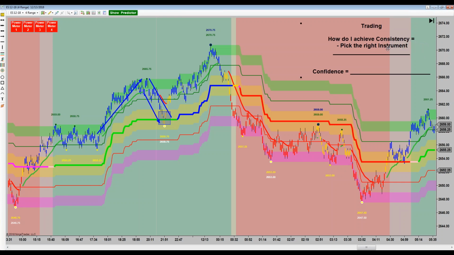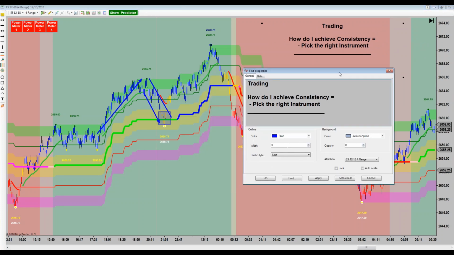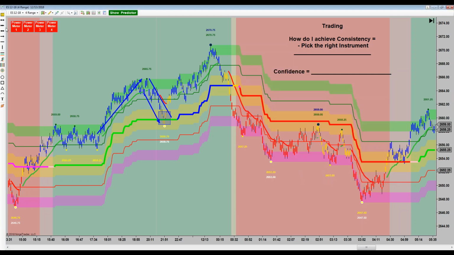But let's go back over to our consistency topic here and discuss how the trading I'm showing you now features into consistency. So in addition to picking the correct instrument, and what we mean by correct instrument is that, if you're in our live room, we actively trade crude oil, which is CL, and ES, which we're going to roll to the March contracts now. So you want to get rid of all those December contracts.